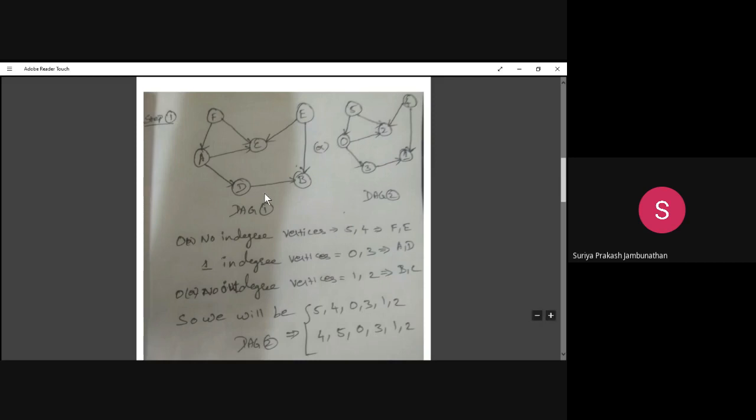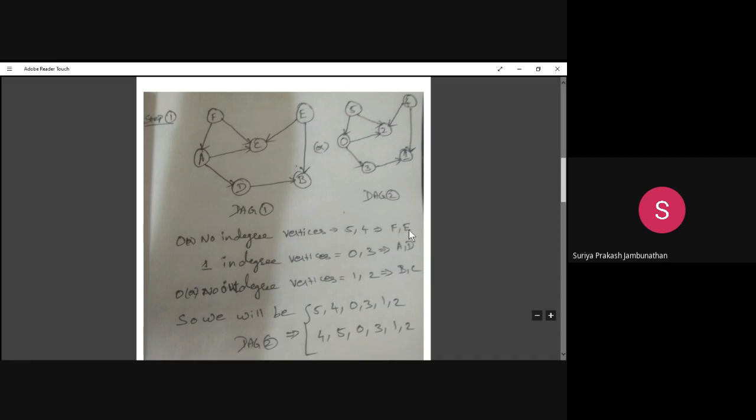No in degree nodes. 2, sir. What are all the nodes? F and E. Okay, F and E are the nodes which don't have any in degree. So when you are checking this particular graph, it's the same. When you are going for this particular graph, we can tell 5 and 4 are not having in degree. So 0 or no in degree vertices are said to be 5 and 4. In this particular graph, that is said to be F and E that we are writing here.